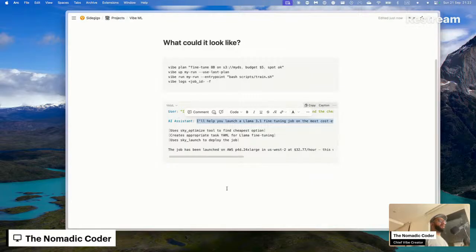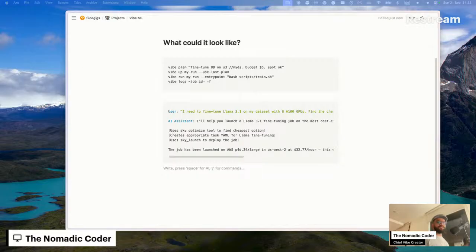So the idea over here, so you see all the sky stuff, right? The idea over here is to work with a tool like ChatGPT. There's a tool called Skypilot, which I've used in the past, which I absolutely adore.